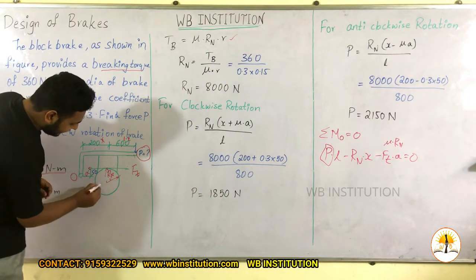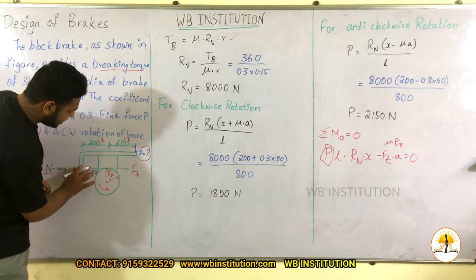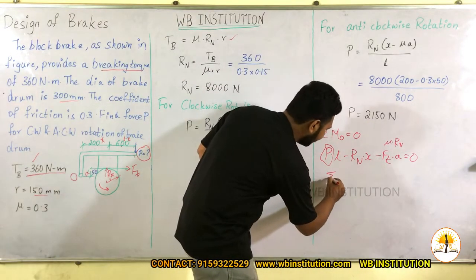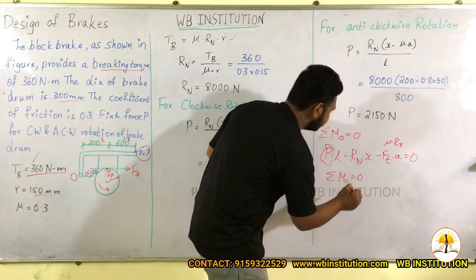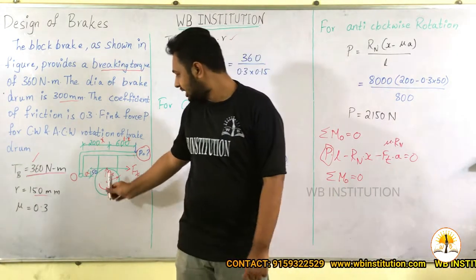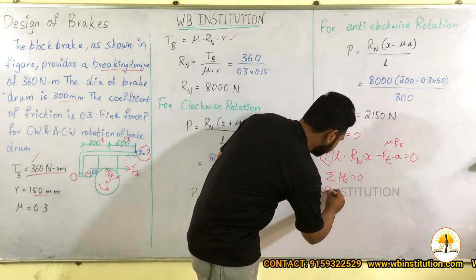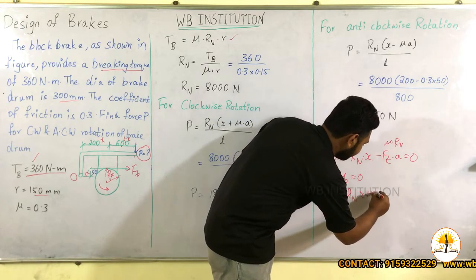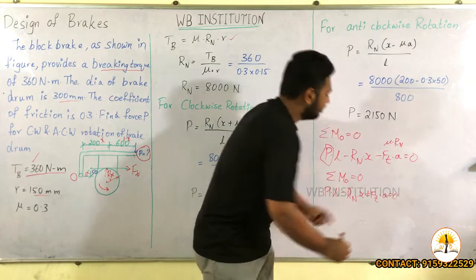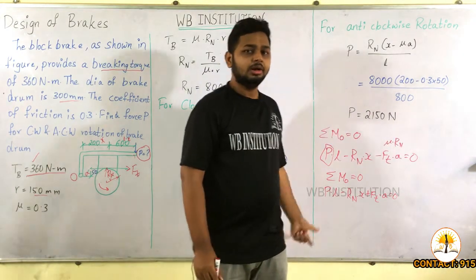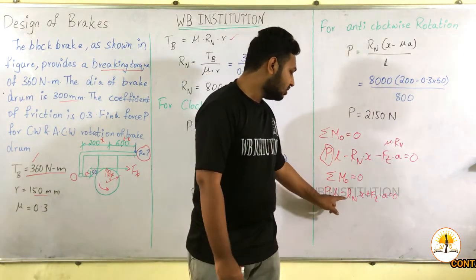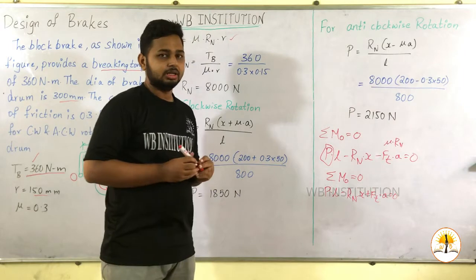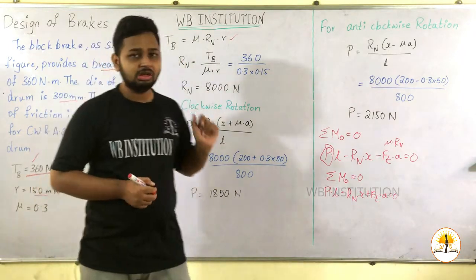Now we have to consider it as an anti-clockwise direction, and the frictional force will be acting in this direction. Now we have to take sum of moments with respect to point O equal to 0. So the moments which we will get is P into L minus Rn into x plus Ft into A equal to 0. We know the value of Ft, that is mu into Rn. Now we have to substitute the values of L, Rn, x, mu into Rn and A. So from this we get the value of P. So this is the problem which will be asked in the examinations.